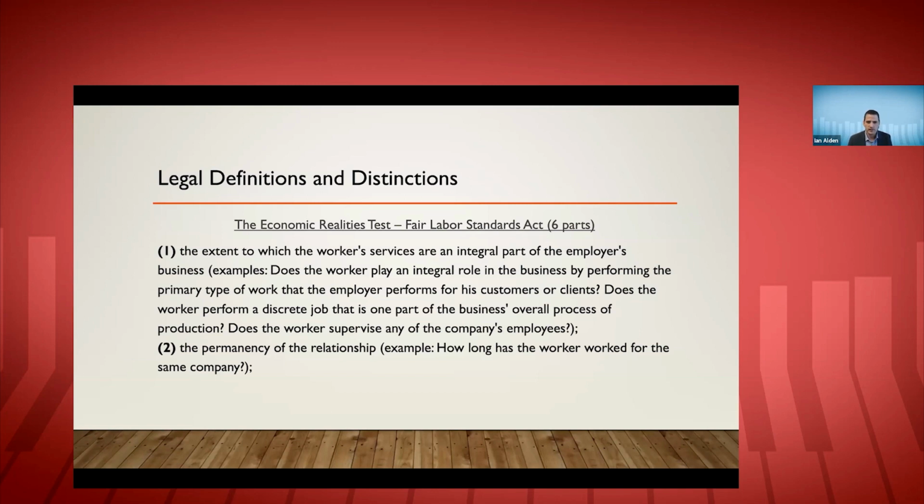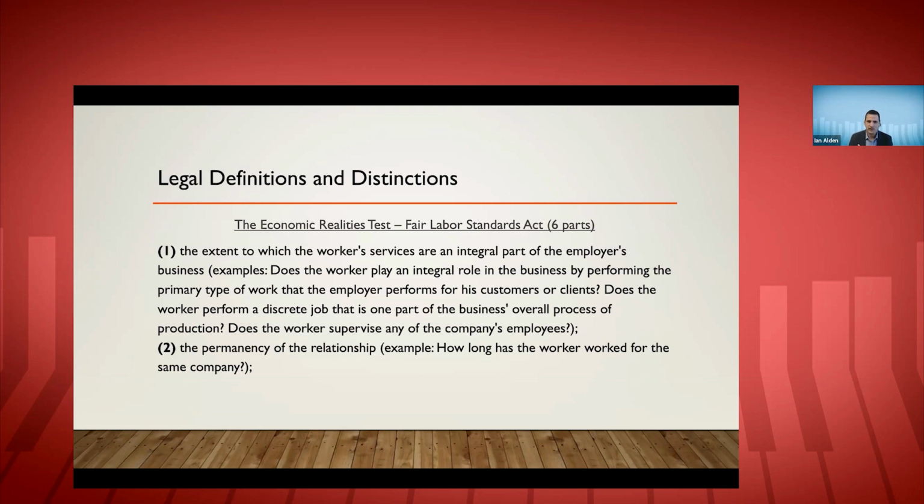Our DWS, or Department of Workforce Solutions, does consider it alongside the ABC test. So on the off chance that you satisfy the ABC test but don't satisfy this, DWS is still going to consider someone an employee. Like I said, at the end of the day, you need to satisfy all of these tests for someone to be an independent contractor. The economic realities test, it's similar in a lot of ways. The common theme, again, is control.